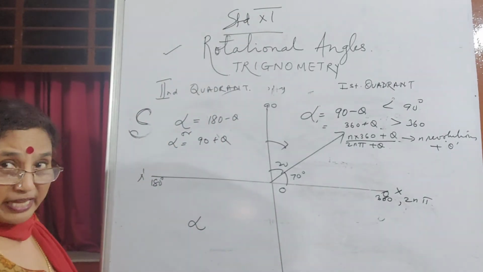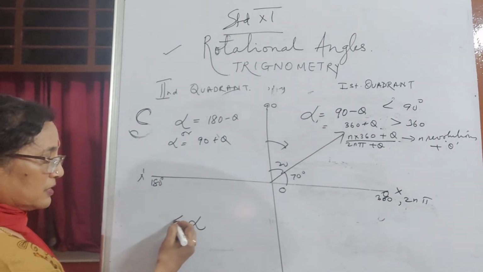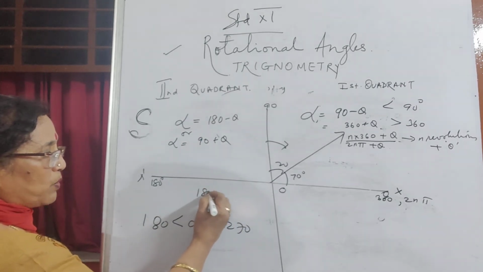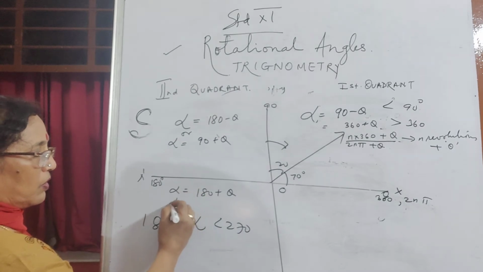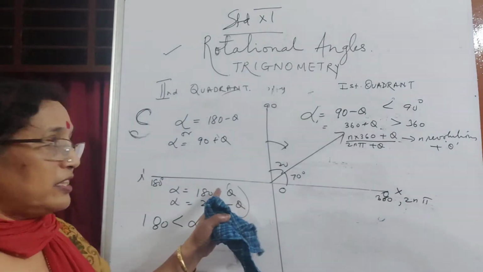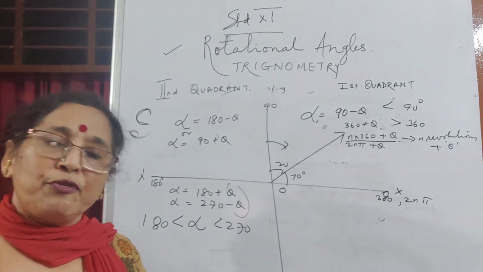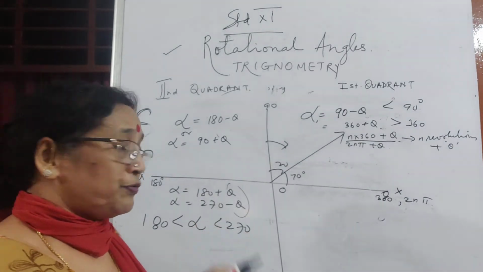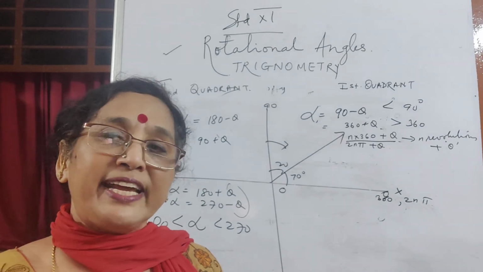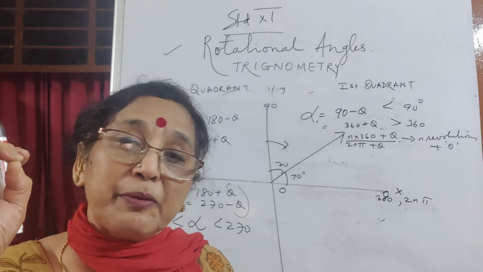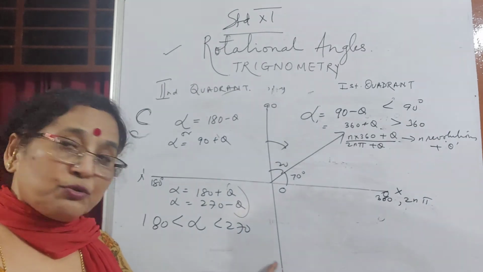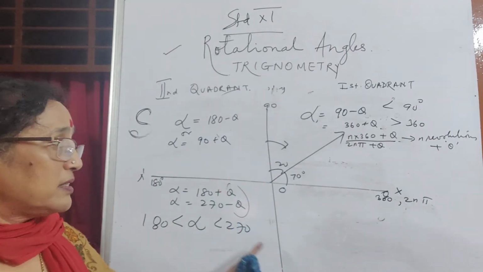Here the angle can be in the third quadrant. That means it is greater than 180 but less than 270. How do you write? So you write 180 plus theta, or you can write 270 minus theta. Again, thetas are not the same, just any particular angle, breaking up either way. For example, if you have say 250 degrees, it's 270 minus 20, say that theta is 20. Or it's 180 plus 70. So that excess I'm representing as theta. Because the two boundaries are here, more than 180 or less than 270.